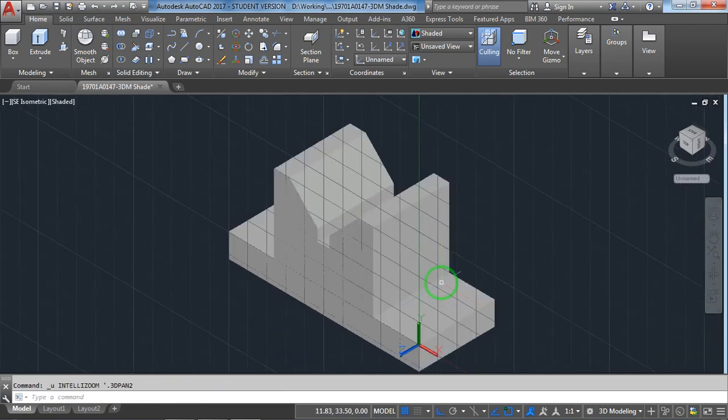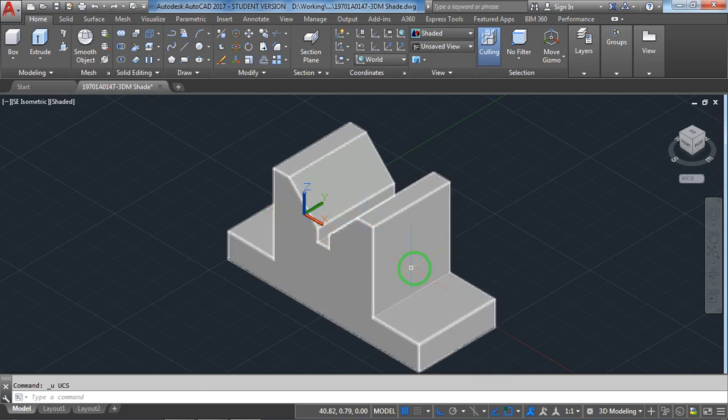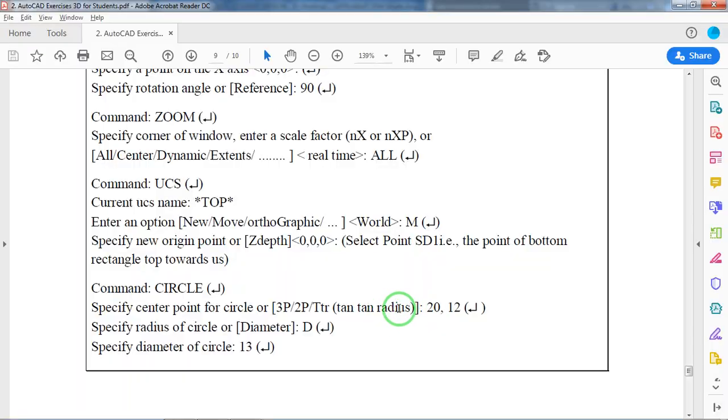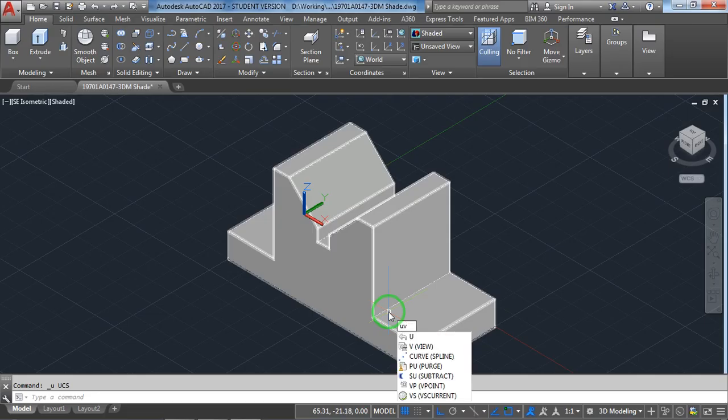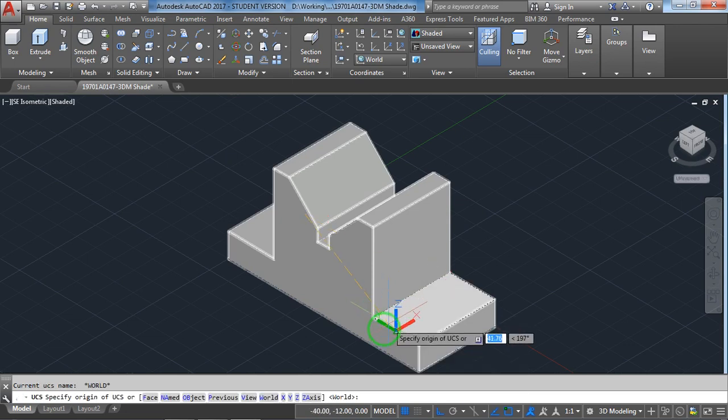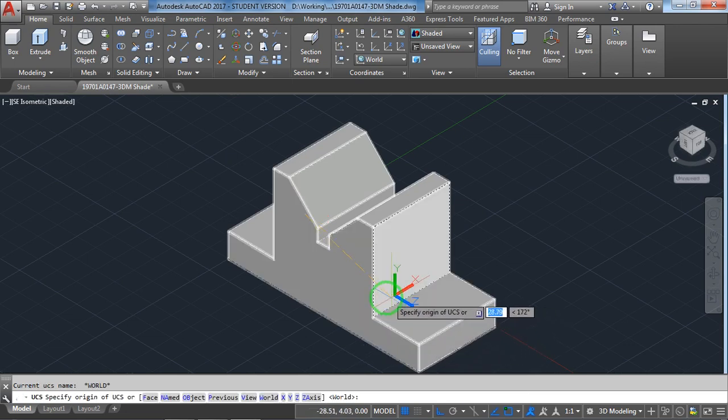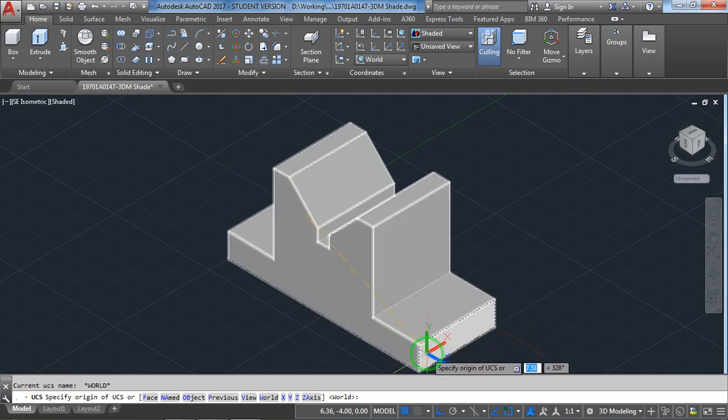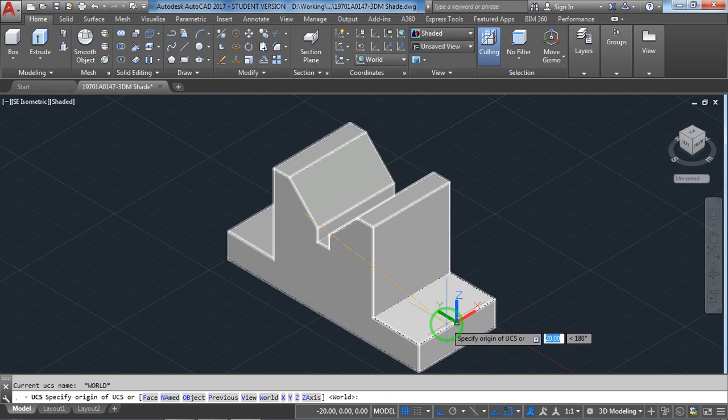See, selection of the rotation, x-axis, y-axis, UCS. I'm moving such that to select it. X, Y, Z.